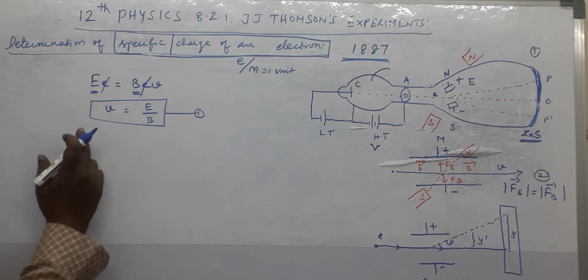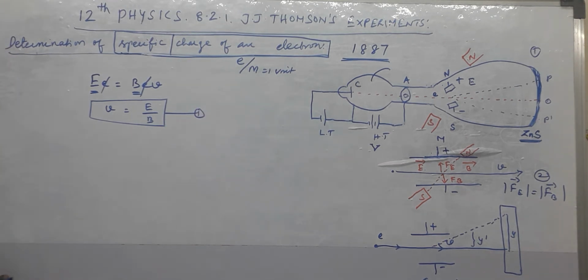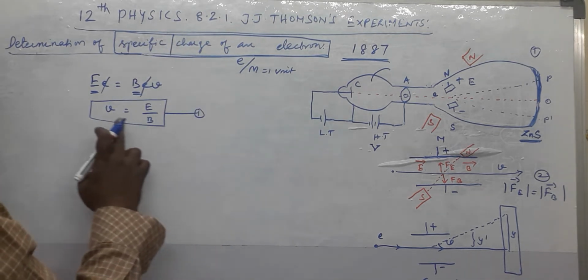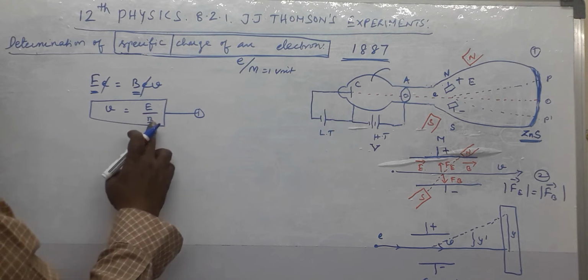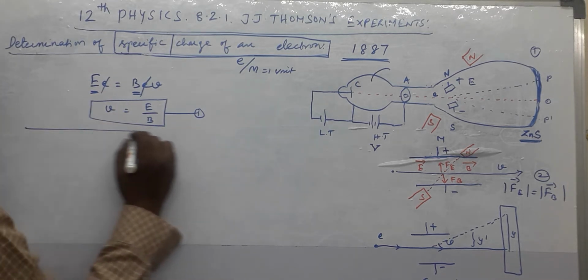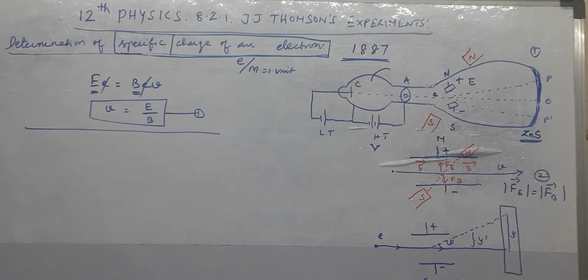And this equation is used to find the velocity of the moving electron, V equals E by B. That is the first equation we derived. Okay, first part over. Second part, we have to consider